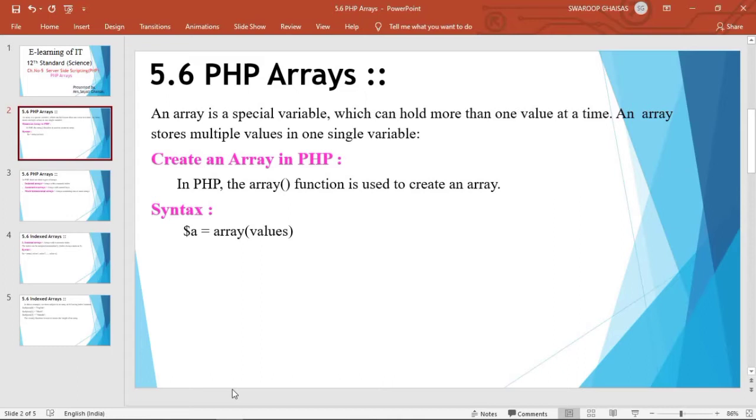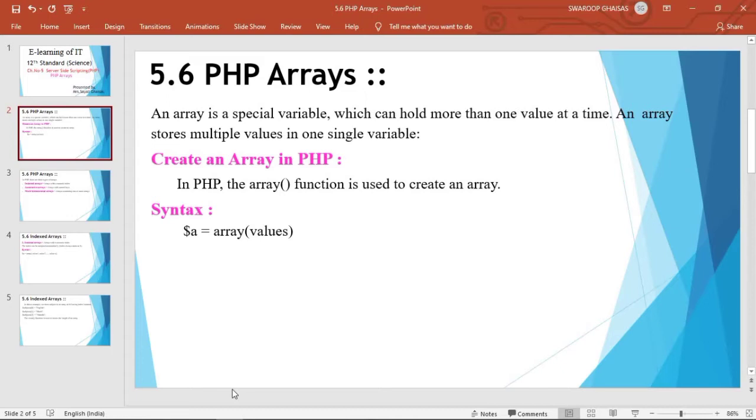Then you have to create 4 different variables for storing the marks. But using an array you can declare one variable of type array, and you can store the marks of all 4 subjects within it.